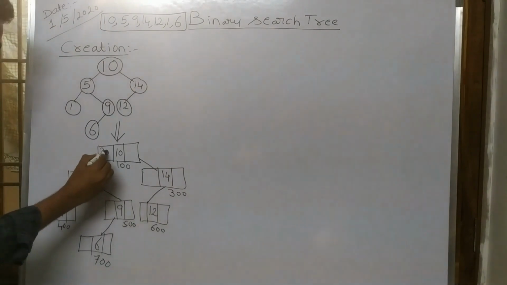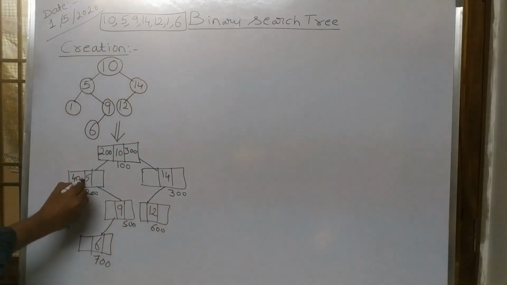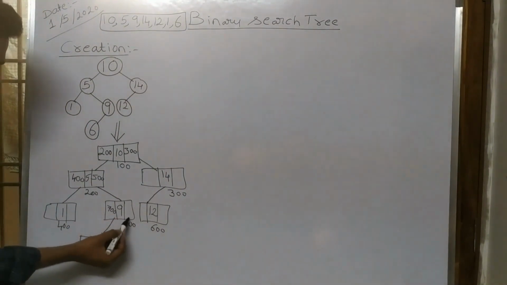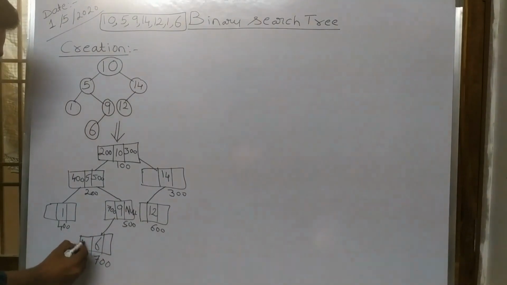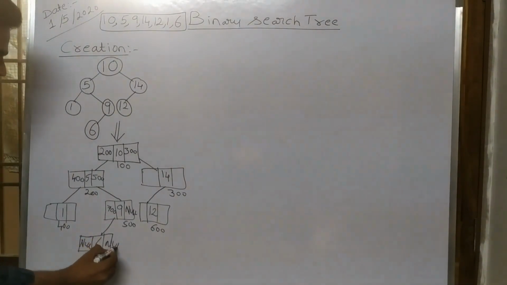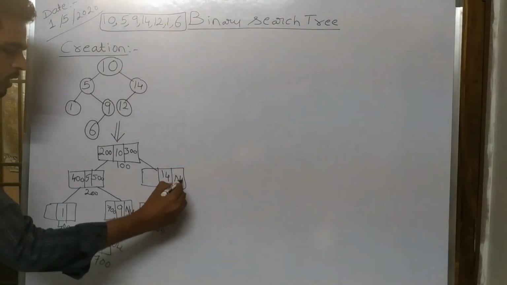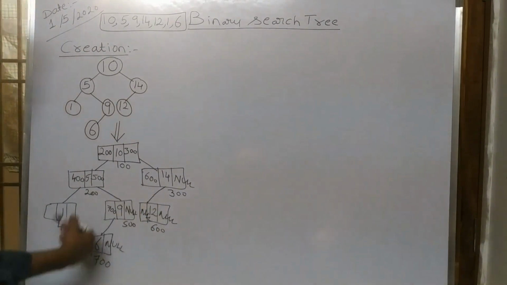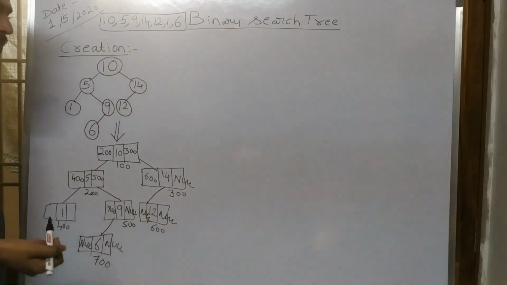So here we are going to write 200, here we write 300, here we write 400. Why? Because it is pointing to the left side. 500, it is pointing to the left side with the data 700. And is there any data on the right side? No. So we will make it null. It is also not pointing to anything. Null, null, null, null. There is no right side data, so null, and there is left side data, so I am going to write 600. Okay, this is the corresponding linked representation of the binary search tree.